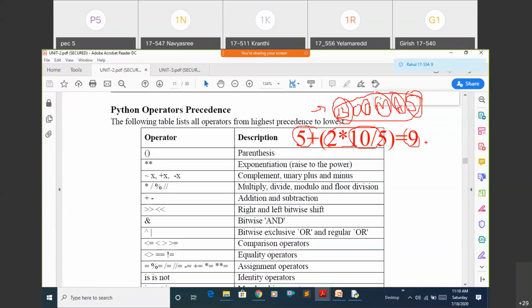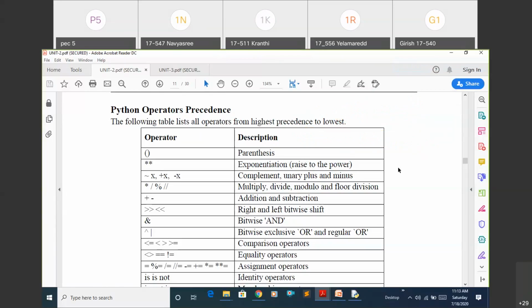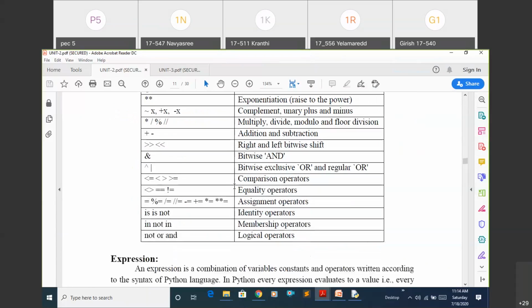In the same way, in programming also, you need to follow this precedence. Precedence means which statement you need to execute first. For example, we have an expression, and within that expression you are going to see all these operators. There you will get some confusion about which to execute first and which next. If you remember this precedence, then you can give the exact answer.